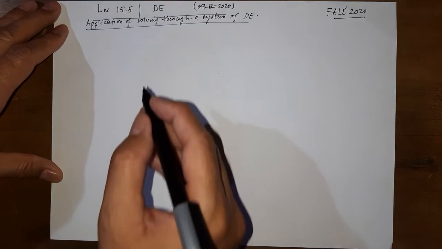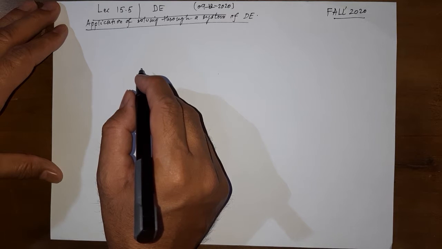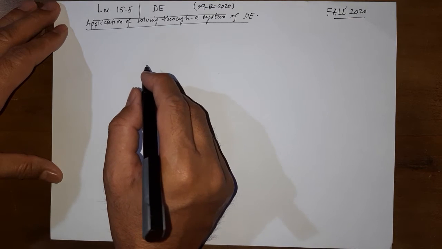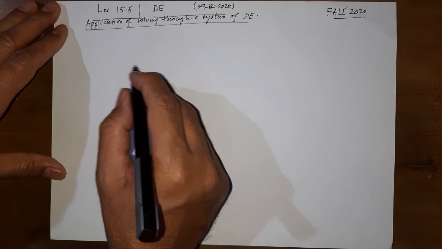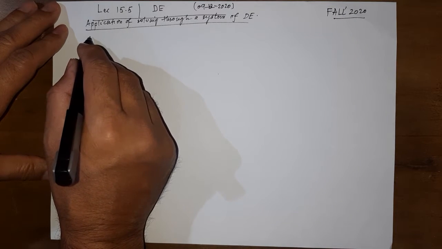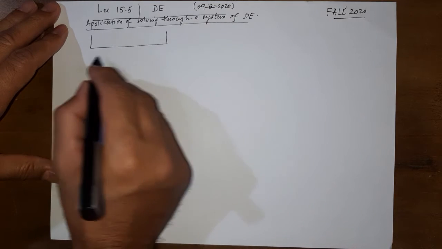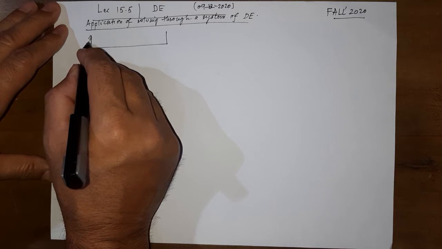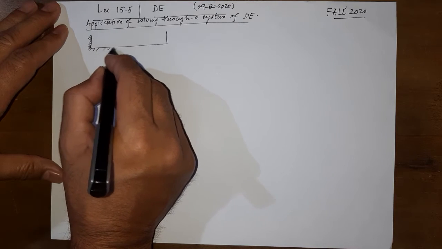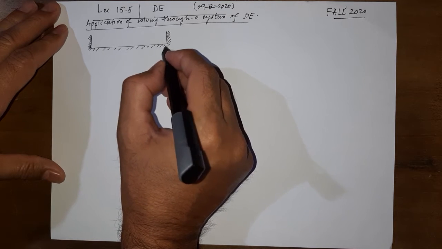Let us look at a problem that we understand, a problem that we can visualize much better than an electrical system, for example. I believe this is a good example of a mechanical system that we are going to look at, where these are fixed surfaces, these are two walls and then the floor,